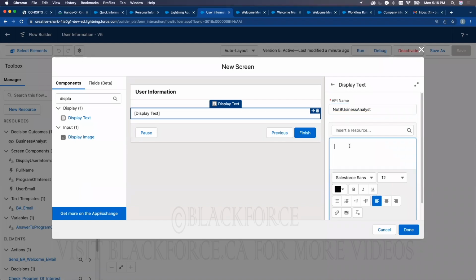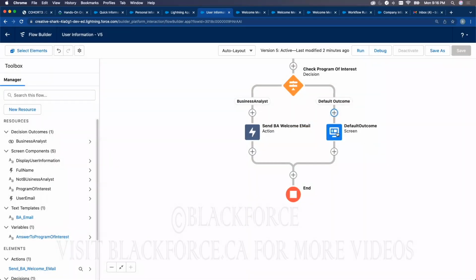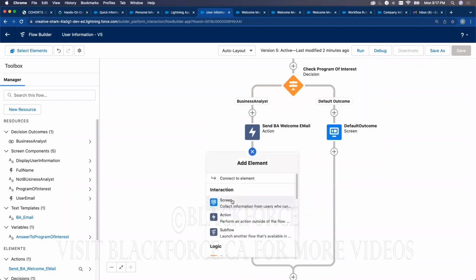Okay. So what do I want to say? We cannot send an email because you do not qualify for business analyst, or whatever you want to put. So this could just be a case of you checking a bunch of conditions to find out if they are qualified for business analyst or not. It could be a pretext question and answer, like a survey. And you said, okay, when they send email, I want to display something that says